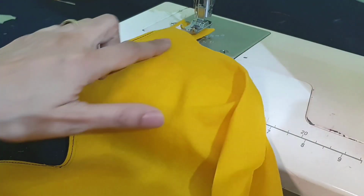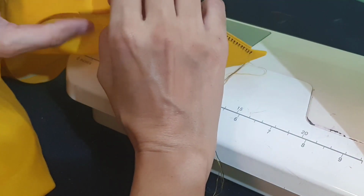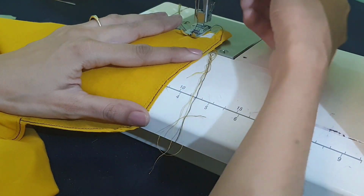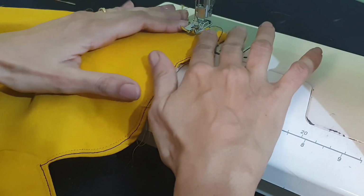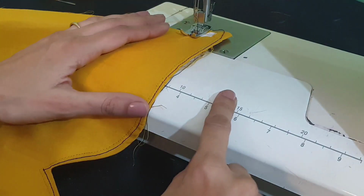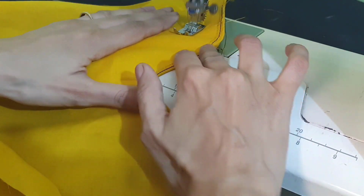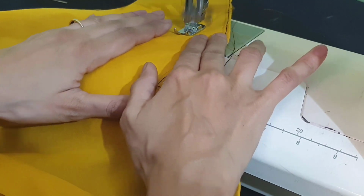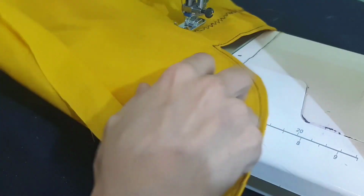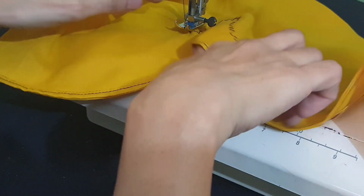Okay, so here we check this design. Here we made a straight stitch, double needle, so 2 stitches together. Now on the upper side I show you zigzag. So we just set the design dial on zigzag, that is C, and on the right side of the pants bottom we make zigzag stitch. So here 2 zigzag stitches are running parallel to each other,